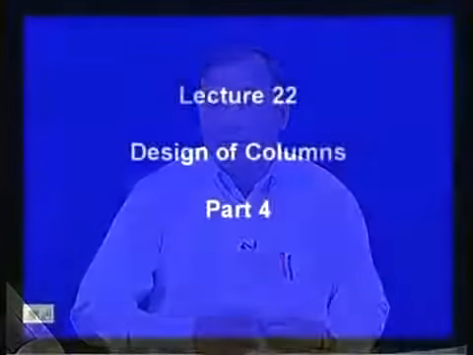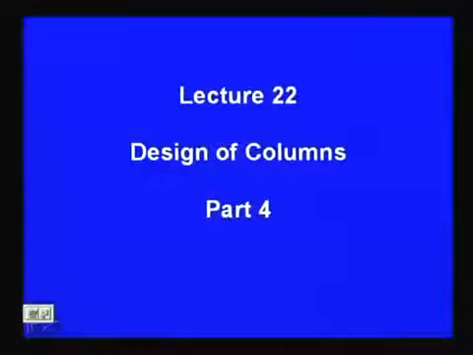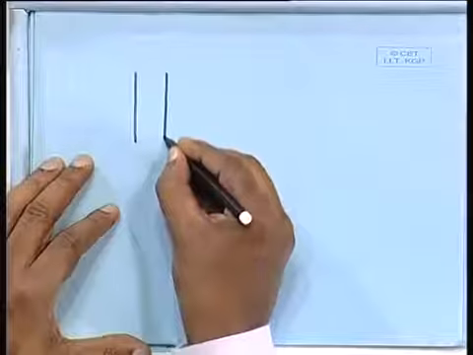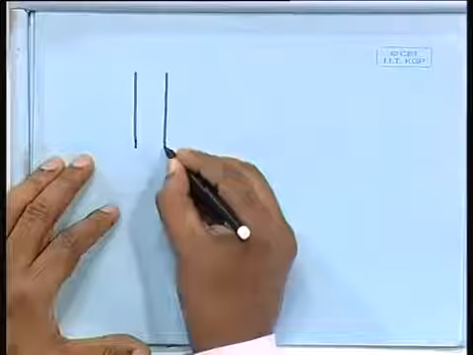So, we shall still continue with the design of columns. So far we have done axially loaded columns, and last class we started uniaxial bending. Now, let us see what happens if there is a moment acting on the column in addition to the axial load,